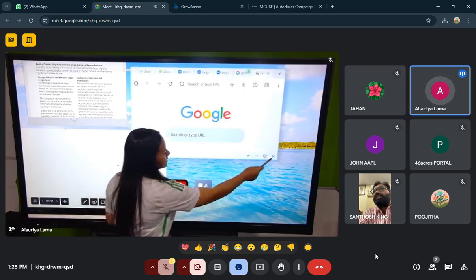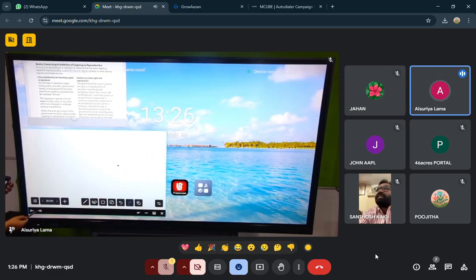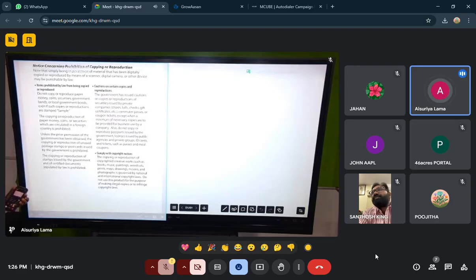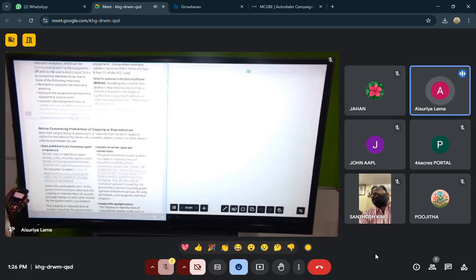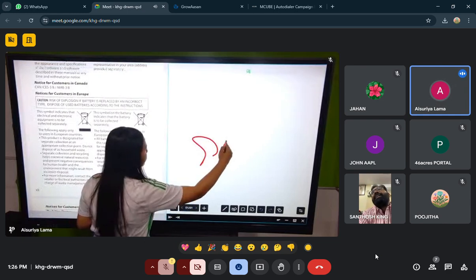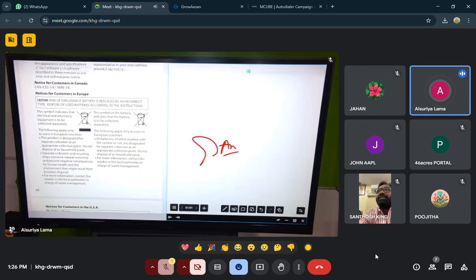You can just cancel this here with the cross button, and then you have the application here. In the option you have right and left arrows. So one I'll click to the right and the other one I'll click to the left. So you can see on one side of my panel I have the PDF, and on the other side I have the whiteboard. Similarly, I'll be able to take classes or any presentation like this.